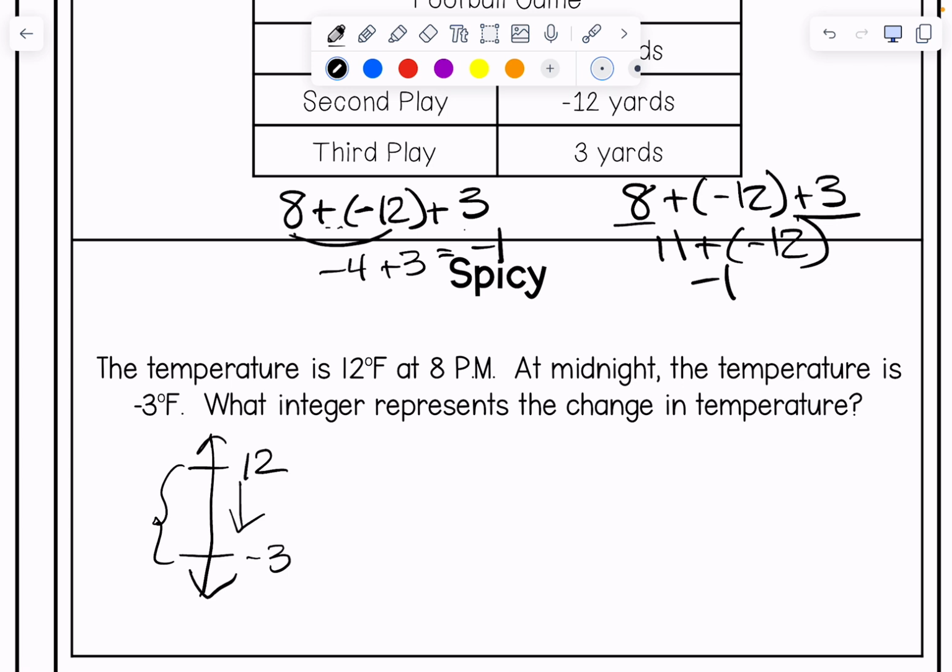And we want to know the difference. So essentially 12 plus what number is going to give us the negative 3. And so when I do this, I like to use 0 as a baseline. I know the distance from 12 to 0 is going to be 12, and I know from 0 to negative 3 is another 3. And so what I did was the temperature dropped